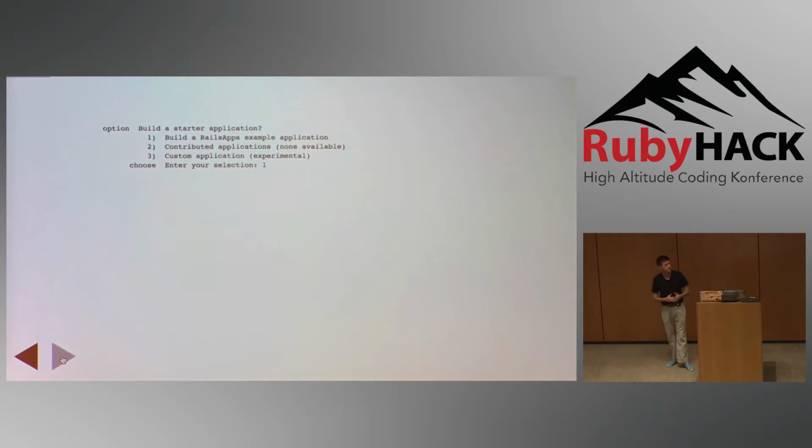Finally, some of you might have used Rails Composer already. Some skilled developers are using this custom application option. That's where you can walk through a menu of a whole series of different options, gems that you might be adding to your application or configuration that you might be setting up. I call it